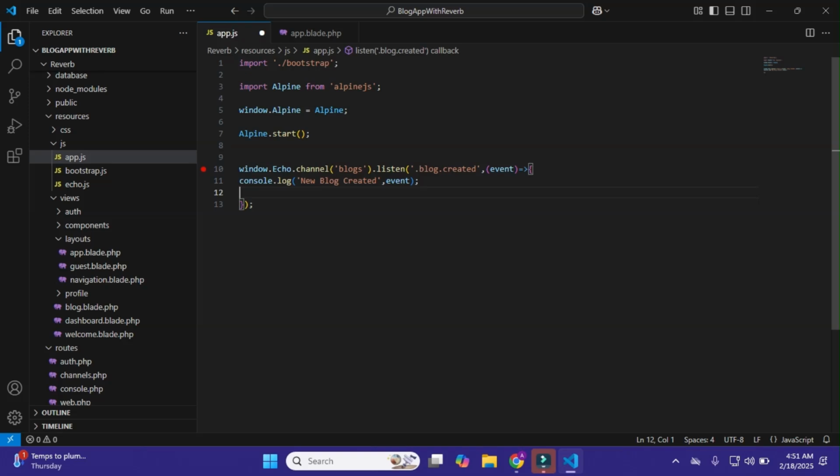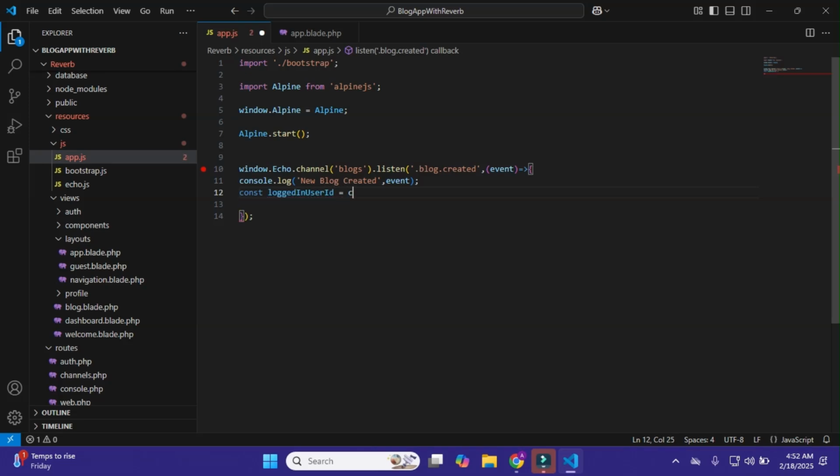Okay, so for this I'll just simply write here console, and after it I'll just simply make it const loggedInUserId.